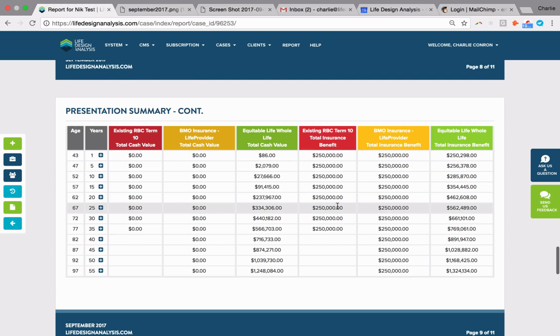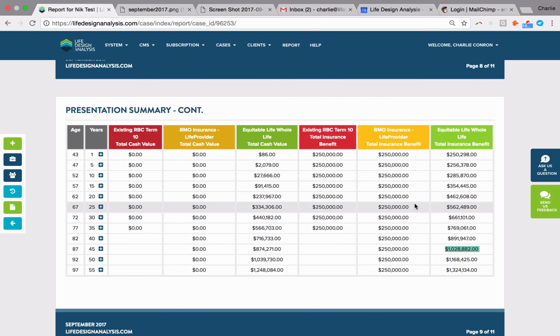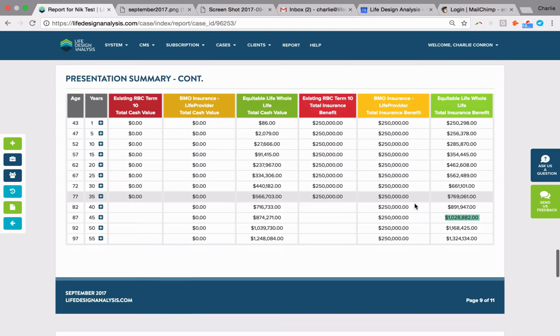And again, if we look at our insurance benefits, we can see the growing insurance benefit. This product, if we're taking age 87, grows up to be $1 million of insurance, and that's going to fight against inflation very well. Again, that's the current scenario. We can always drop reduced scenarios as well.